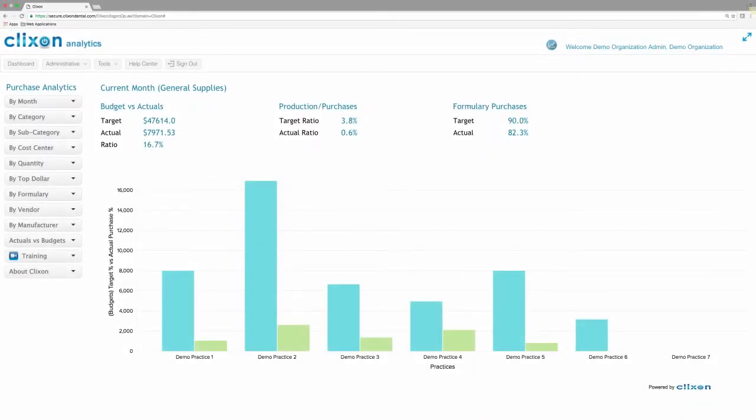Today, I would like to take you through a demo of Clixon Analytics. Reports begin on the dashboard. Here, you will see several comparisons that are designed to give you a high-level overview of your purchasing, beginning with